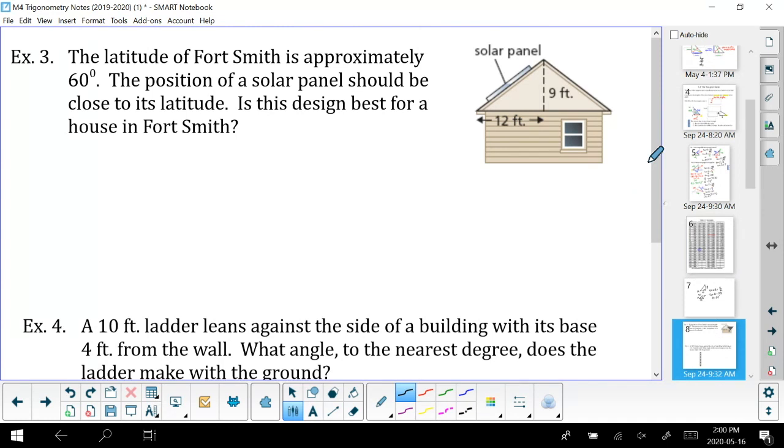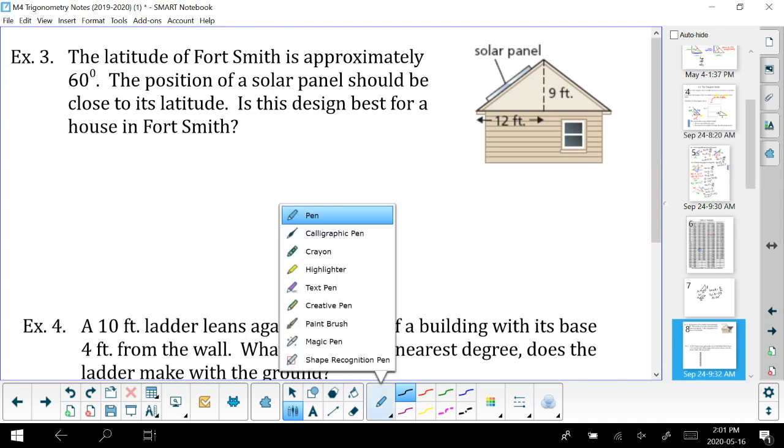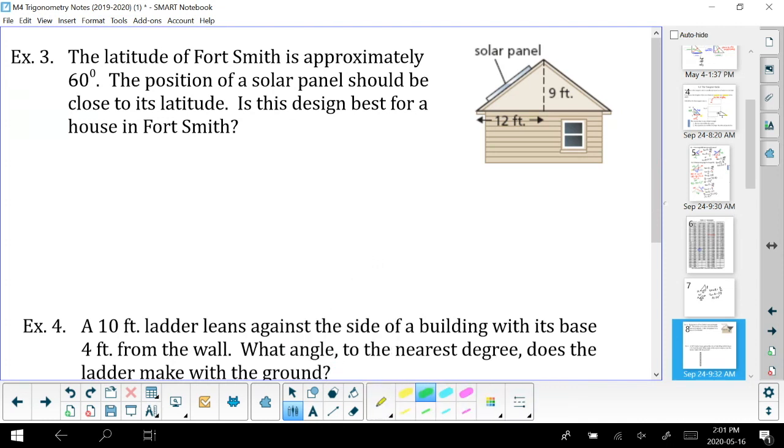For this next example, it says the latitude of Fort Smith is approximately 60 degrees. The position of a solar panel should be close to its latitude. Is this design best for a house in Fort Smith? Now, a couple things before we get started. You might not know what a